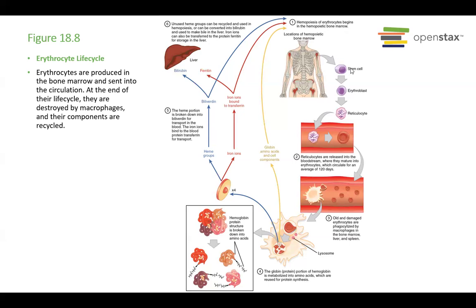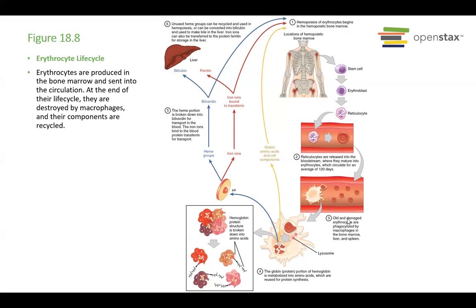You see? And then you have stem cells, and the stem cells will give you erythroblasts, and the erythroblasts are going to give you the reticulocytes. Then reticulocytes are released into the bloodstream where they mature into mature erythrocytes, which circulate for an average of 120